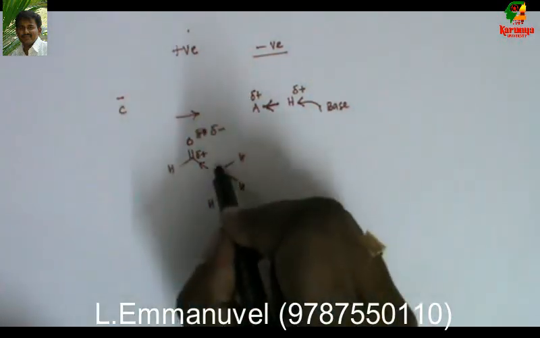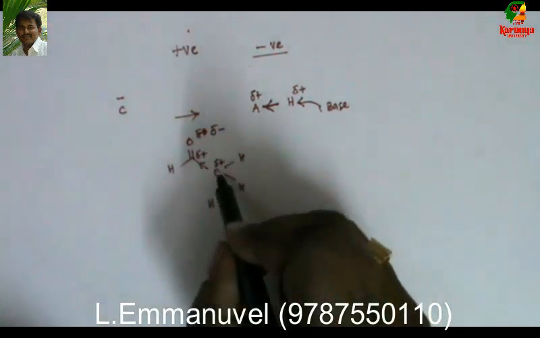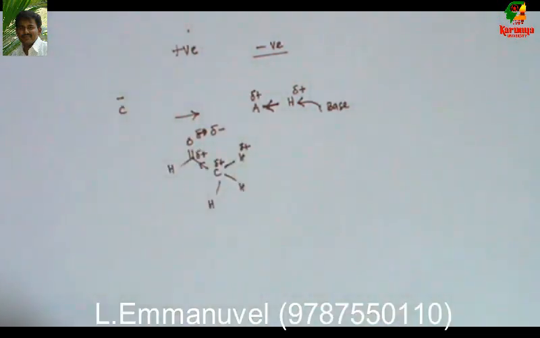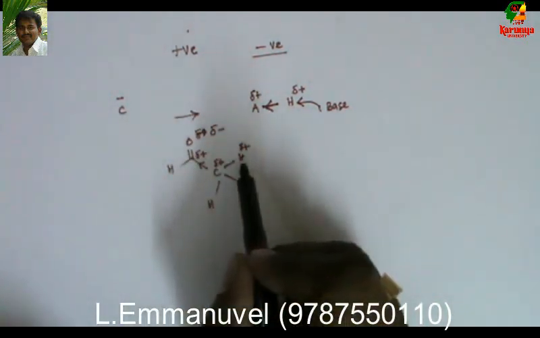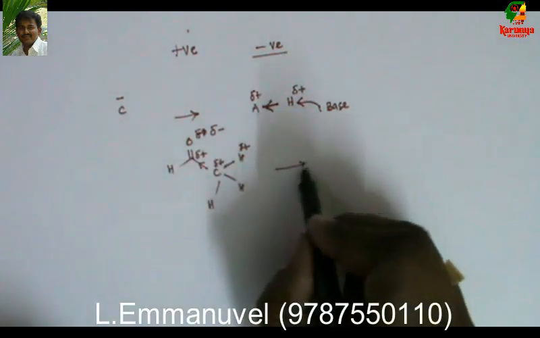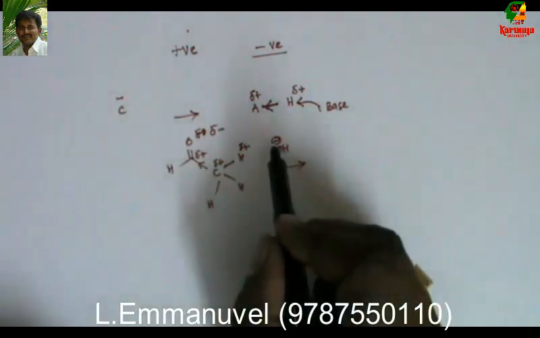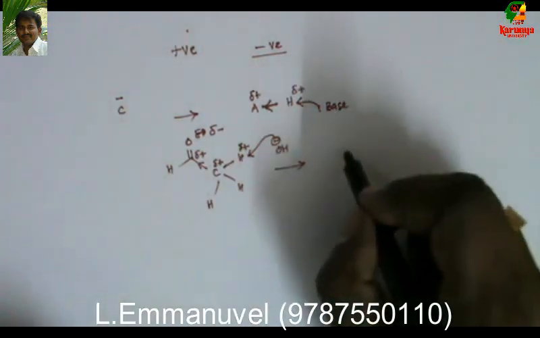So we get delta plus on this. Further, because of this, we get delta plus on this also. Compared to this carbon, it will be less on hydrogen, but still there is some delta plus. If you use a strong base like OH minus, then this can be taken. So what we get is